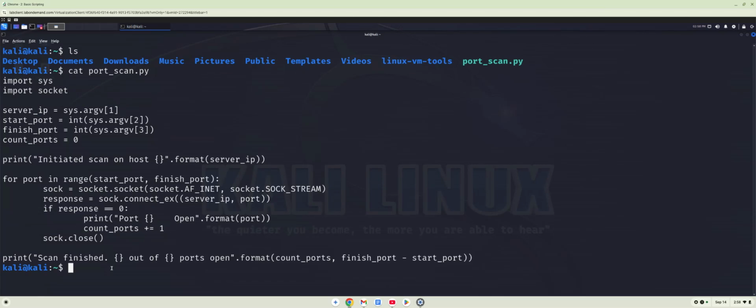Now let's run it, so we can get a better idea of how it's supposed to work. In order to run the Python script, I'm going to write python3, because that's the version that we're using, kind of similar to how it was in the HPing walkthrough. Then I'm going to specify the file, which is port_scan.py, and then we want to tell it the target. So we're going to scan